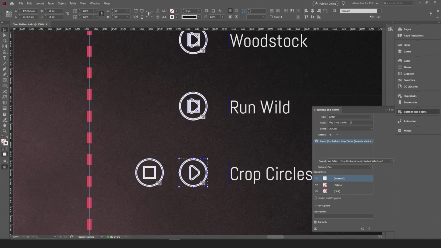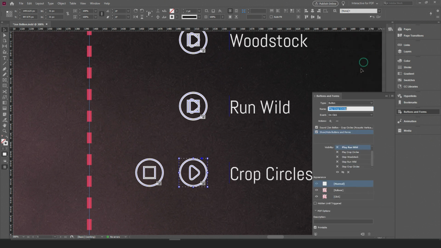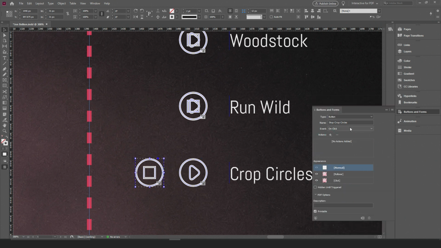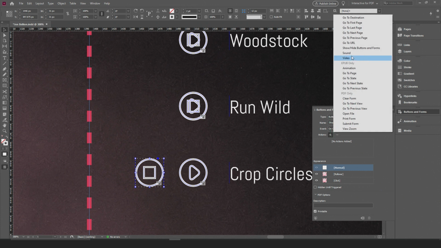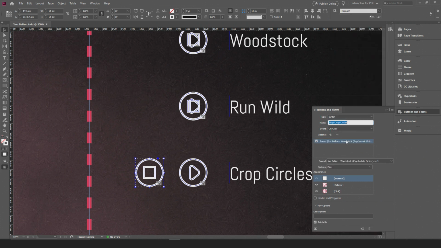So the play crop circles is set to play the Jon Bellion crop circles. I'm going to add an additional function, which is to show and hide buttons. It needs to hide itself, so it needs to hide the play crop circles, and it needs to show the stop crop circles. And then moving into the stop crop circles button, firstly it needs to have an action of